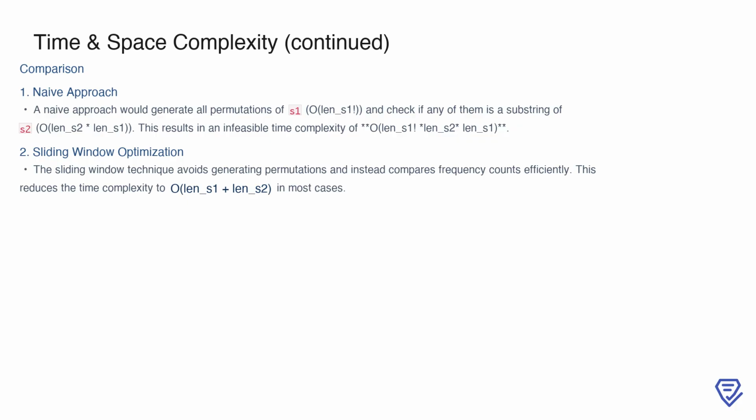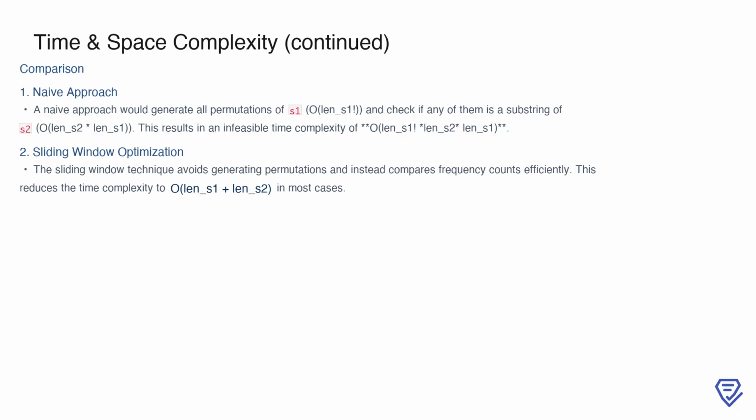In contrast, the sliding window technique avoids generating permutations entirely and instead uses frequency counts to efficiently determine matches. This optimization reduces the time complexity to len_S1 + len_S2, making the algorithm much more practical